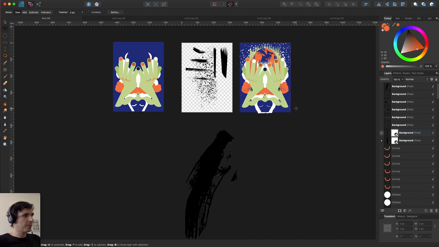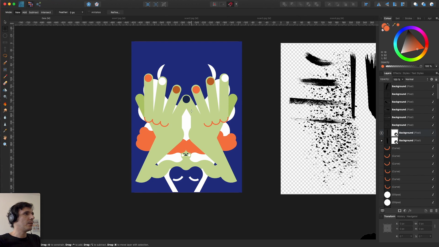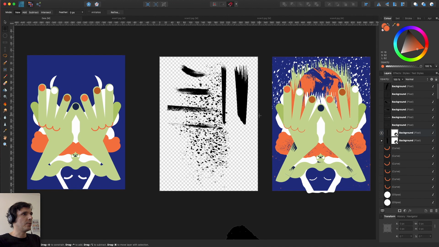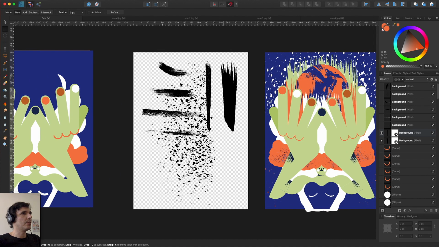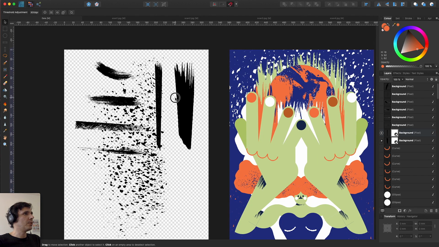The next step is to color them so they can be used on the illustration. Since I got a really controlled palette on this one, only 3 colors, it's going to be really easy to turn them into a different color each one. So let's go for it. The first one is this ink stroke. Let's work with this ink stroke.